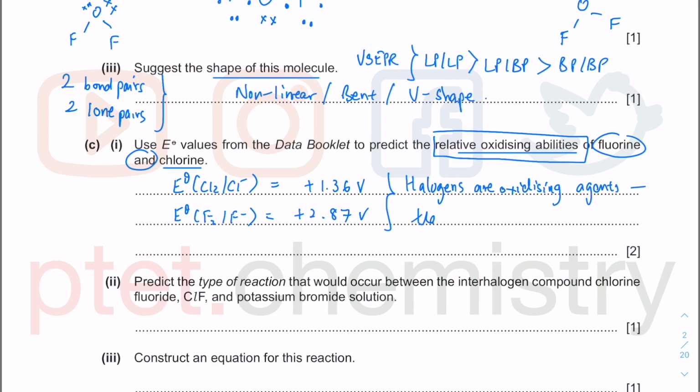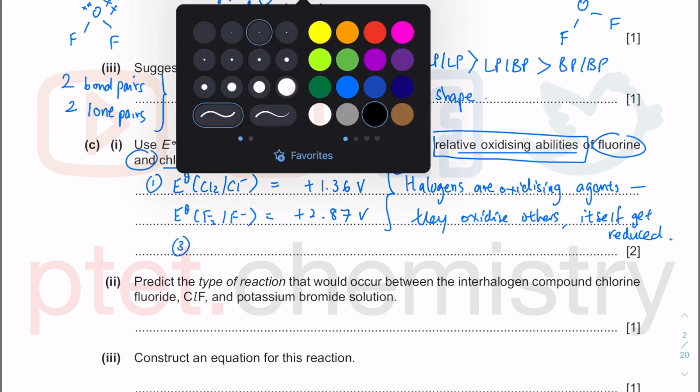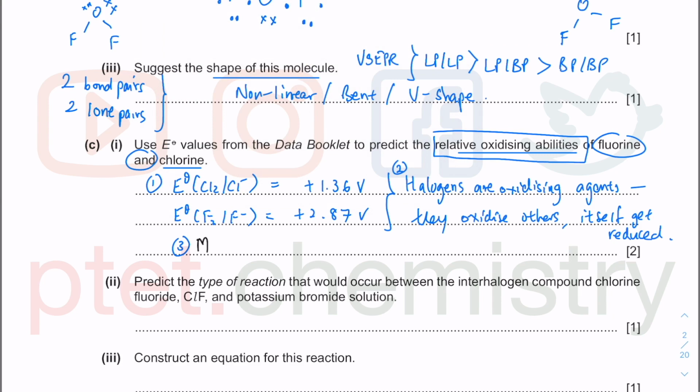So they oxidize others. But what happened to itself? Itself gets reduced. That is the key factor there. Well, actually, there's number 1 and there's number 2. Supposedly, the number 3 actually follows from number 2. So itself gets reduced. So more positive E naught